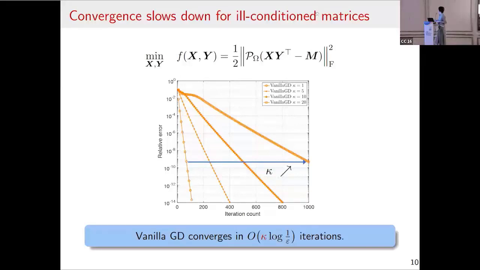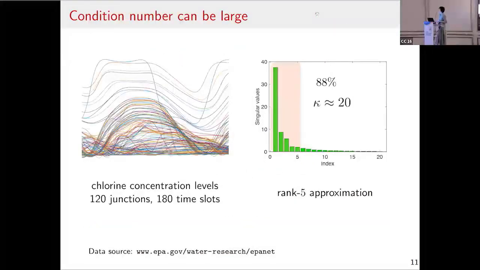So that dependency on the condition number in the convergence rate is not an artifact of the analysis, but indeed is a real indication about performance degeneration of vanilla GD when you have bad conditioning. So a natural question we want to look at is, can we actually accelerate this? Before I actually do that, let me just give you a little bit more motivation why we care about condition